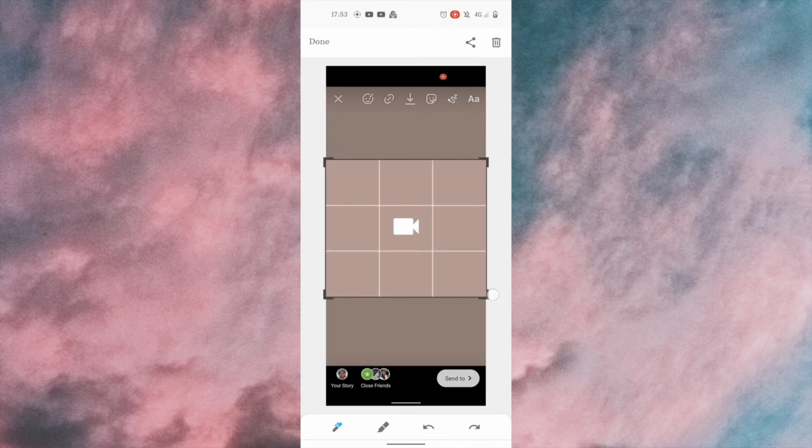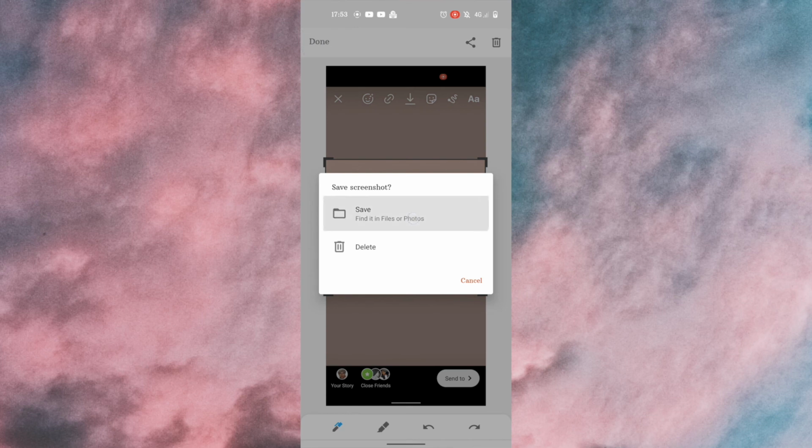So the reason I say this way isn't perfect is because obviously each time you do this, you're not getting it exactly the same size, which is why Canva is the better way of doing it. But like I say, this is just a super fast, quick way of just kind of adding the icons. So then you're just going to say done, save,